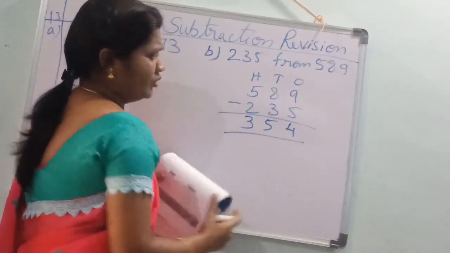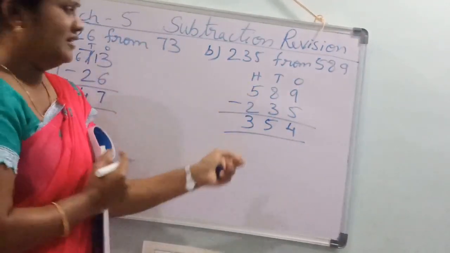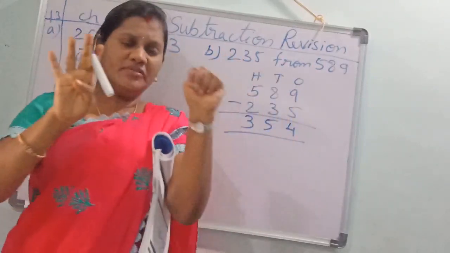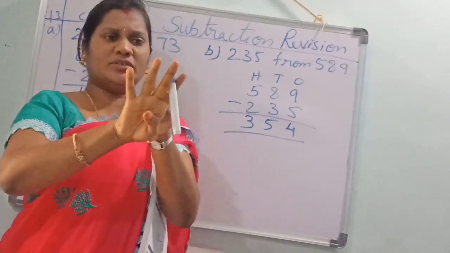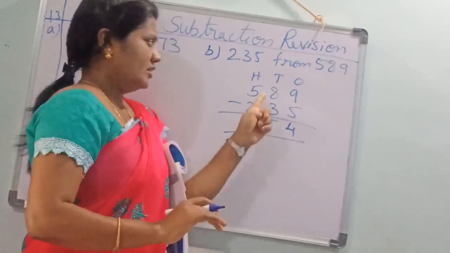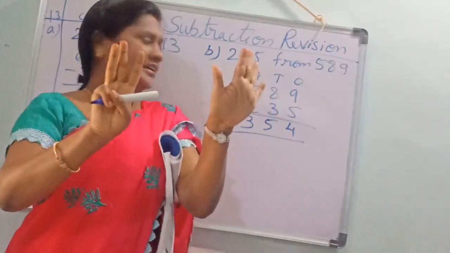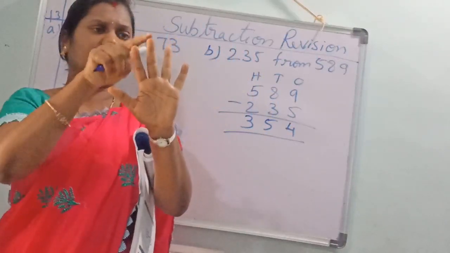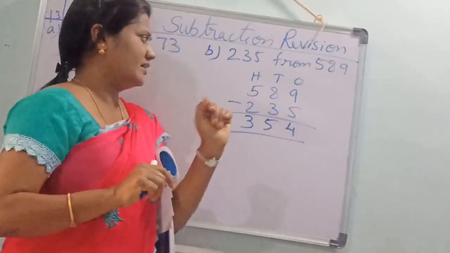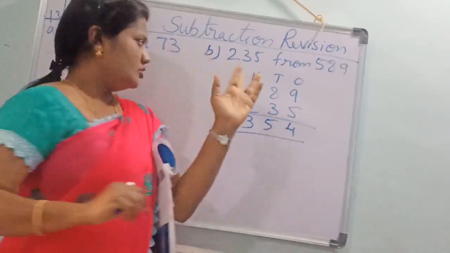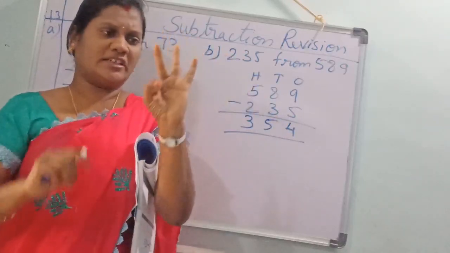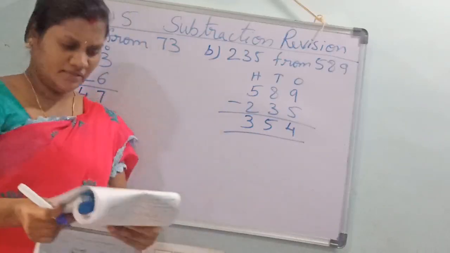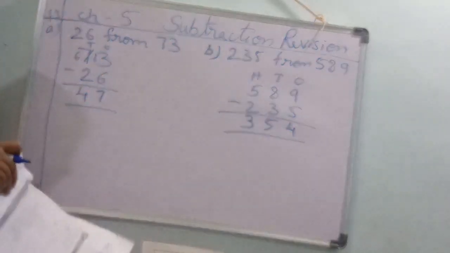You know na what I am doing here? See, in the 9, I cutted 5. Remaining how many? 1, 2, 3, 4. Here I wrote. Here 8. In this 8, I cutted 3. Remaining how many? 1, 2, 3, 4, 5. That's why I write here. Here 5. You should take 5. 2 fingers you should cut. Remaining 1, 2, 3. That one I wrote here. Understood, children? Next.